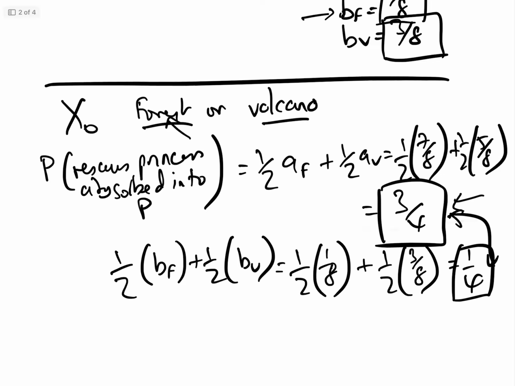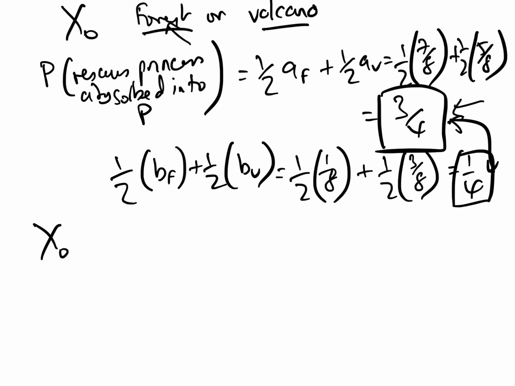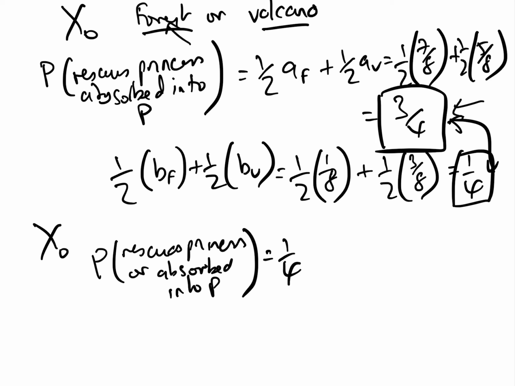So that's number 3. And finally, we have the fourth one, where x0 is a 25% chance that he gets transported either directly into the dragon's mouth, straight into the princess's arms, or in the forest or the volcano. And so basically there, the probability that he rescues the princess, or i.e. absorbed into P, is equal to 1/4 times AD add 1/4 times AF add 1/4 times AV add 1/4 times AP,